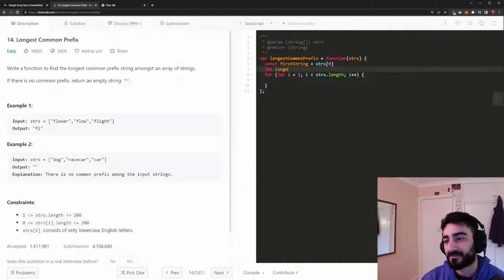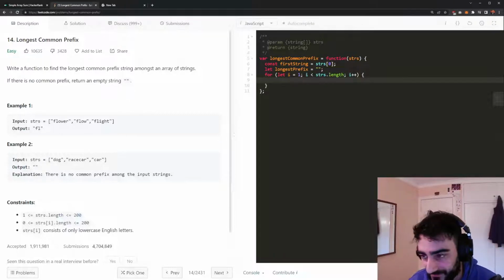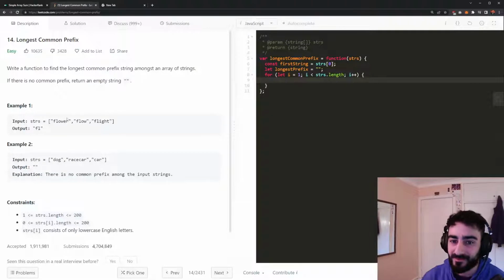I'm just gonna call it longest prefix, which will start off as an empty string. And then, okay, yeah, we'll take the first 2 strings. Check the length, compare the length,